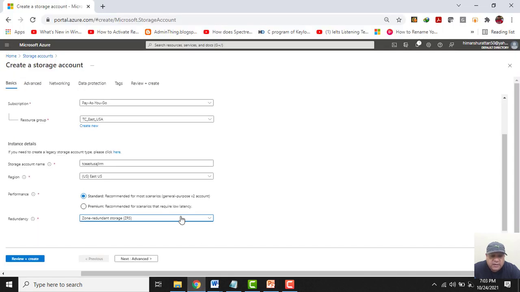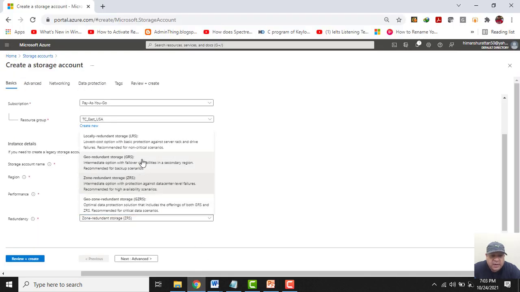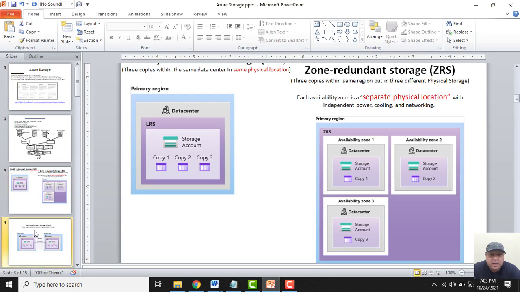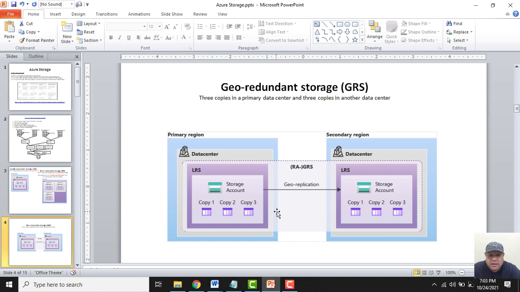And when I select the option GRS, what will happen? I will again get 3 copies of my storage account in one data center, like LRS, and I will have a backup of this storage account in the secondary region.